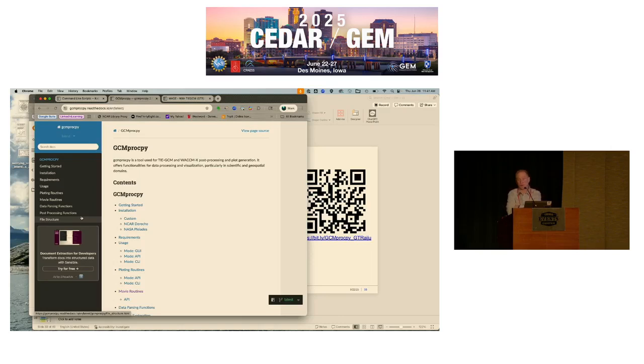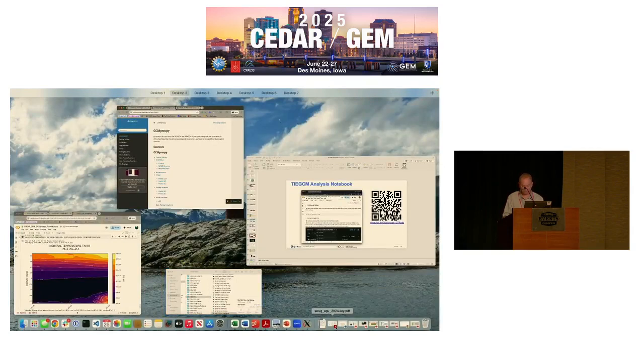The last piece I will highlight on the GCM ProcPy side of things is that this tool works not only with the TIEGCM output files, but also with the WACCM-X output files. So if you attended the tutorial yesterday on how to run WACCM-X and you want to compare stuff from this run to something you did with WACCM-X, you could use GCM ProcPy to have both data sets available in the same NumPy arrays and the same plotting routines to give you nice looking figures. All right, so let me jump back into my